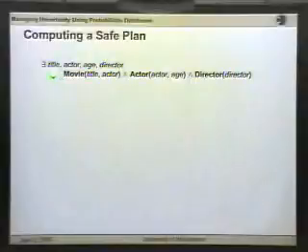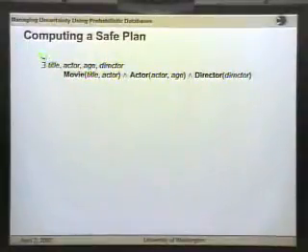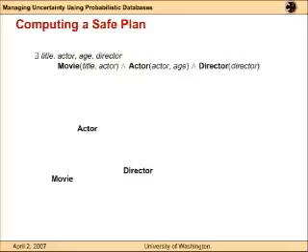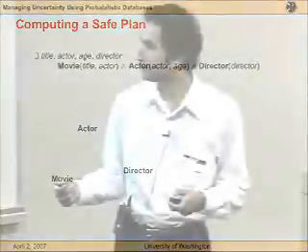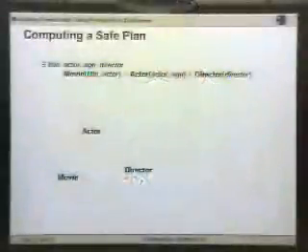So there's a query which has three relations, movie, actor, and director. And there are four attributes, title, actor, age, and director. And you want to check whether there's some values of these attributes that make each of these three predicates true. So given such a query, to compute a safe plan, you start from a graph. Its nodes are all the relations. And its edges, it's a hypergraph where the edges, for every variable here, there's an edge containing all the relations